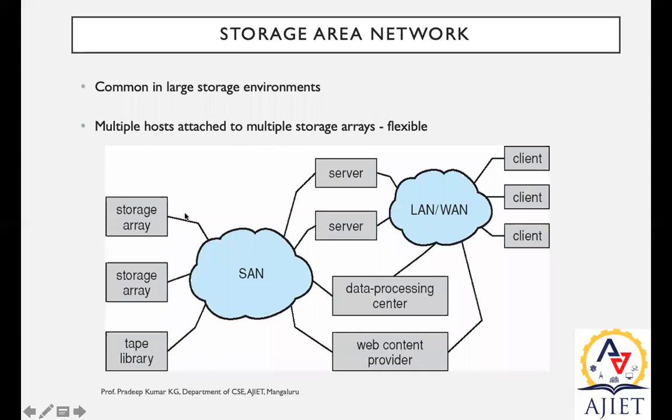So we'll see a setup over here, the storage area network. With respect to this storage area network, divide this entire diagram into two parts. When we say SAN, that is storage area network, each SAN may have a number of storage arrays, and each storage array may have a number of disks. Consider a situation where each storage array has 10 disks: 10 here, 10 here, 10 here, total 30. This may belong along with the tape library as well. You may have magnetic tapes, more than 10.